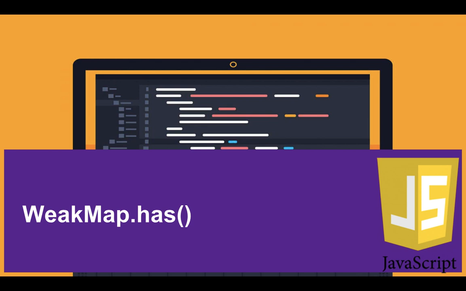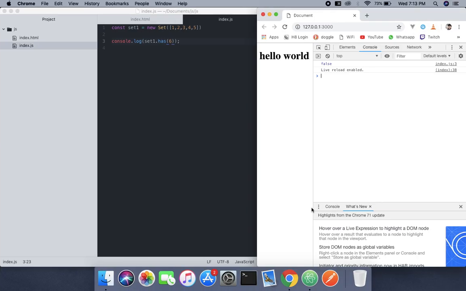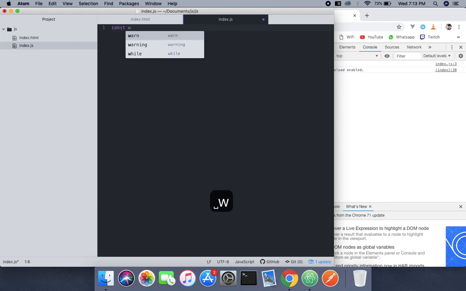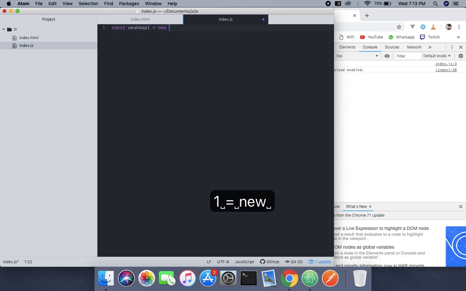Assad here, and you're gonna learn about WeakMap. So what we're gonna do is, moving on, use the const method to create a WeakMap. Name it as WeakMap1, something like that, and use the new operator to create WeakMap. And inside that, what we're gonna do is